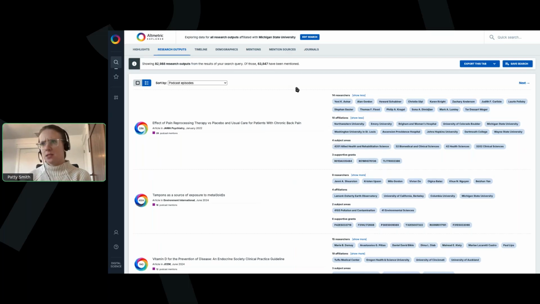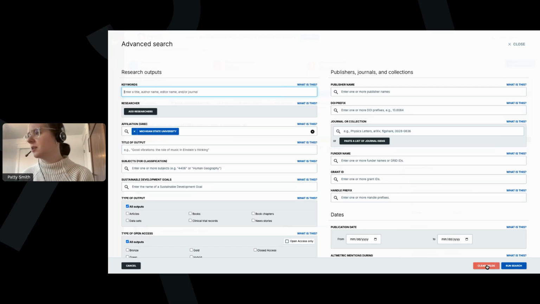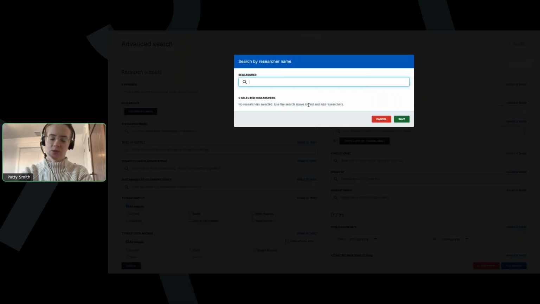But with that, maybe it's time to show the researcher name filter. So I'm going to go back to the main homepage. Okay, let me clear my results. The person I'm going to search for is at Michigan State University now, but we'll take that out because we don't need it. But in the researcher filter, so this is new, you can click the Add Researchers button, which will pop out this search filter here. So the person I'm going to search for